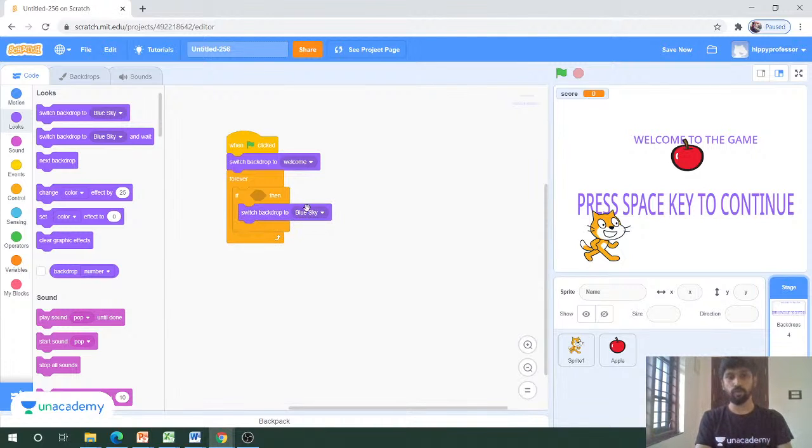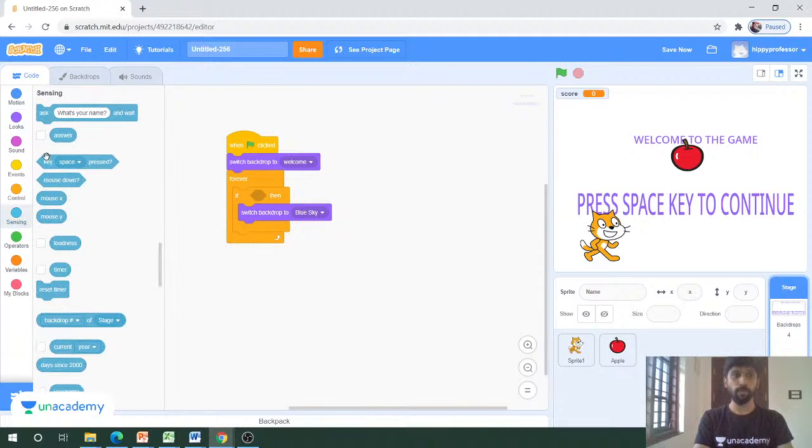In order to come into this if block, we have to achieve this condition, which means this if block will be executed only after pressing the space bar. If we forget to press the space bar, the game won't be initiated. So in order to do that, just go to the same thing and put key space pressed, which means initially we will have a backdrop like this. Then the game will be executed only if we are pressing the space bar. Okay, so I will just click on the